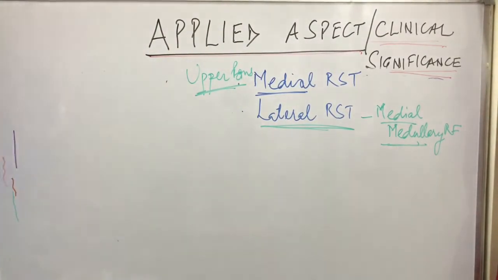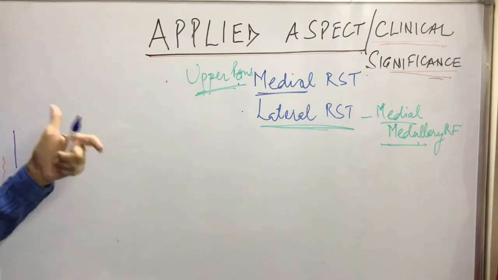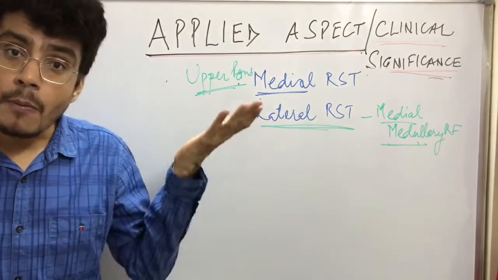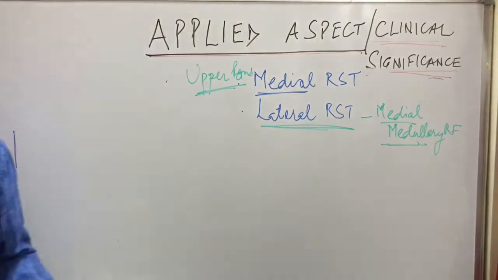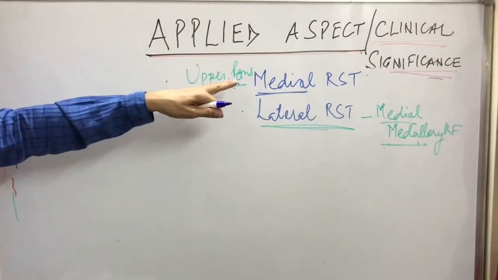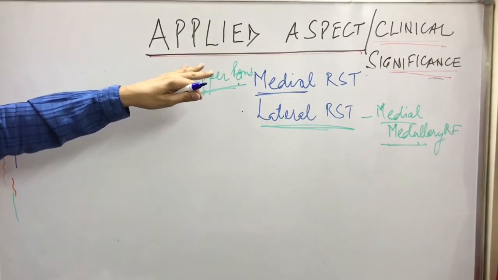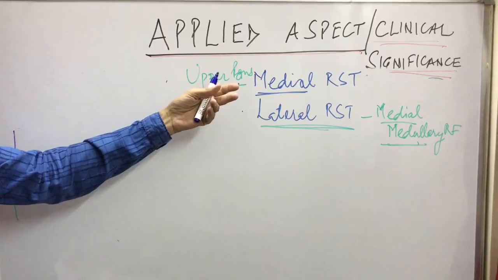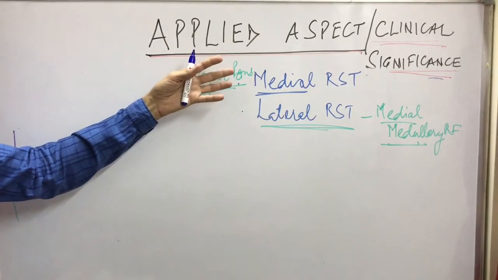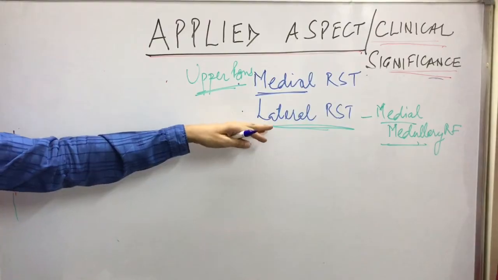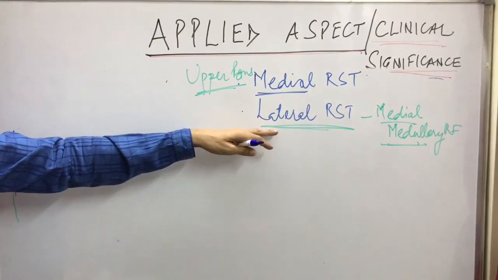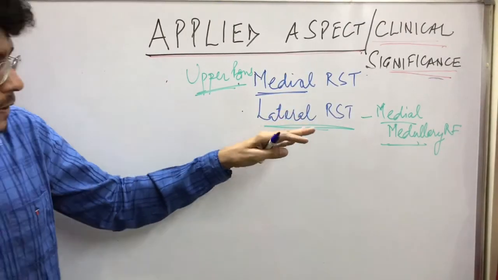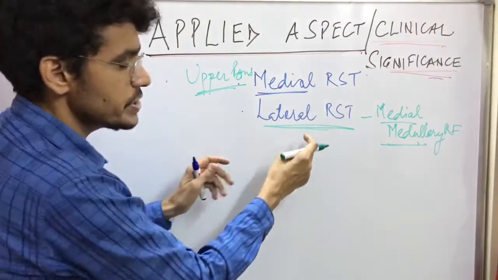Now, out of these two, one is facilitatory and the other is inhibitory, that is, facilitatory and inhibitory to the gamma motor neuron. The medial reticulospinal tract is facilitatory; it facilitates the activity of the gamma motor neuron. And the lateral reticulospinal tract, which originates from the medial medullary reticular formation, is inhibitory. The important point is that both of these tracts